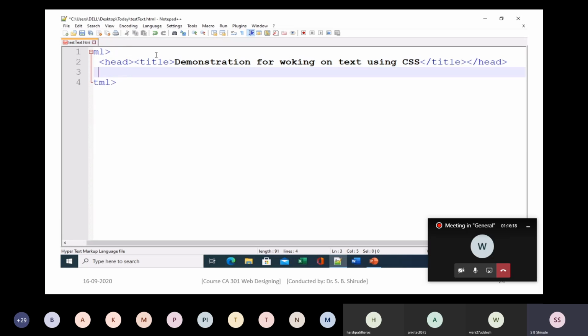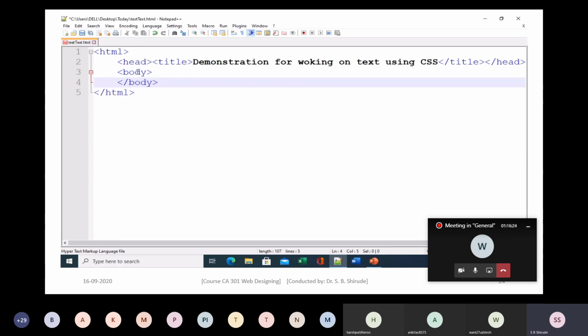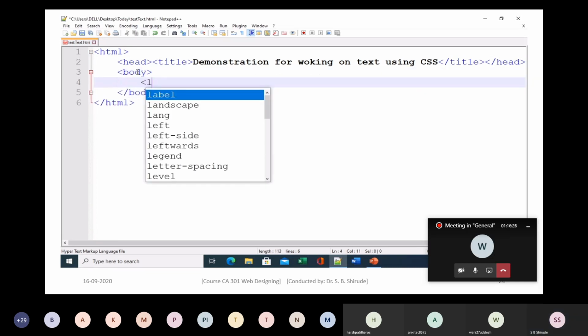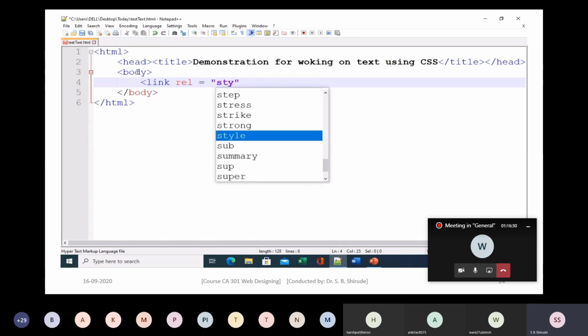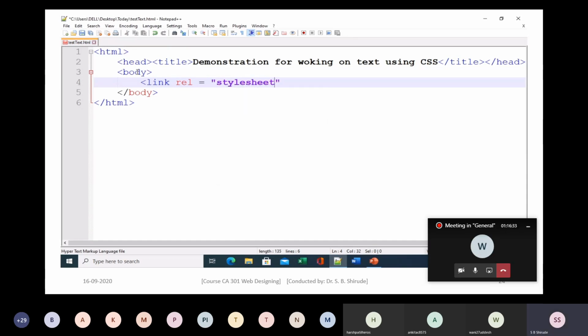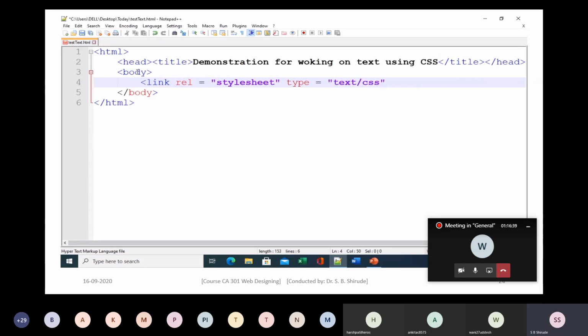So in body section, I will put some information, and to that content, we are going to apply the rules. So body, and in that, I will put first of all the link element. So stylesheet, then rel, I put now type text/css, and now href is equal to test-text.css.